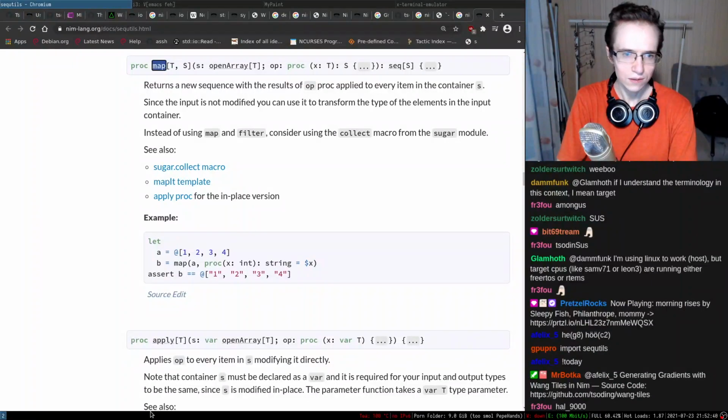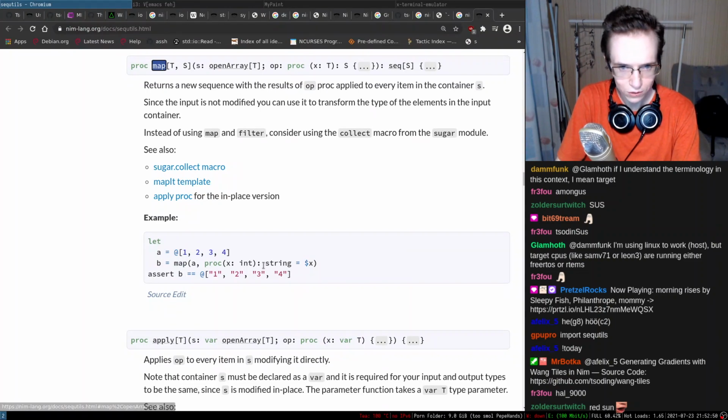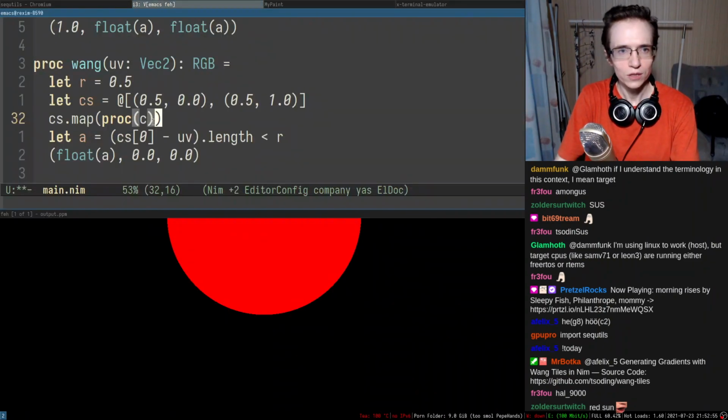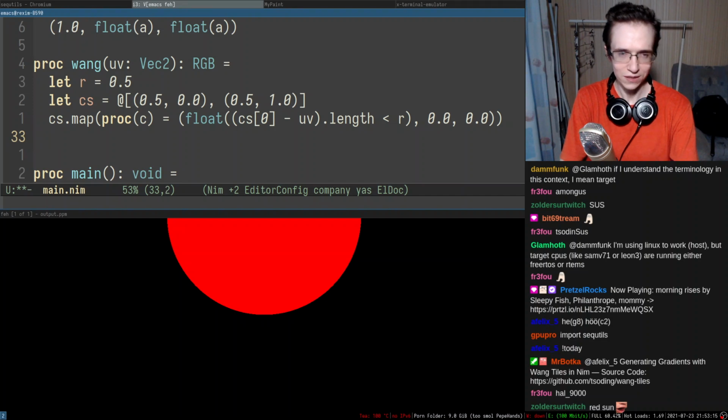I can do CS, and then we are effectively mapping this entire thing with a procedure. So the procedure is going to accept the center, right? And this is how we do that. So this is going to be just like this. I'm not sure if I... yeah, I can just do equals, right? So it's going to be C, and in here... I can just grab this thing and put it inside of the float, like so, right? And that gives me a sequence of the colors, right? So is it going to